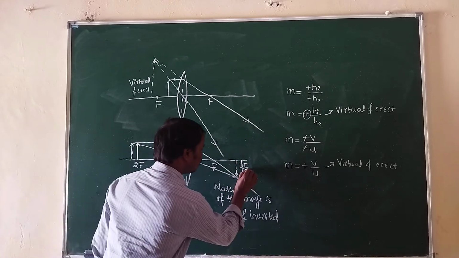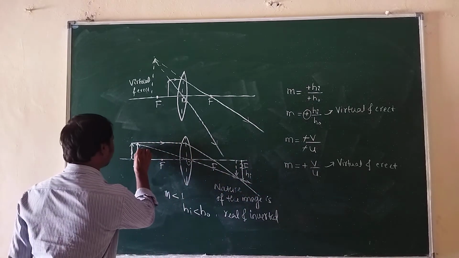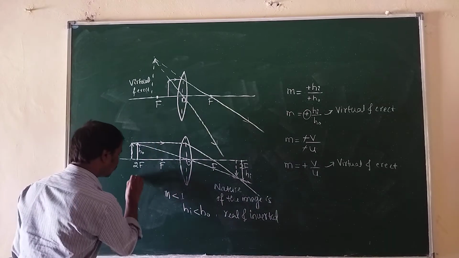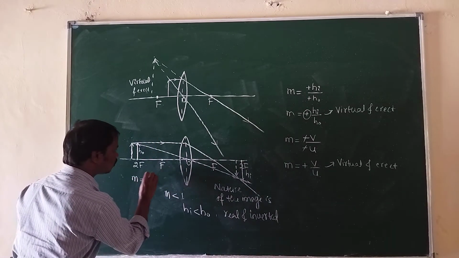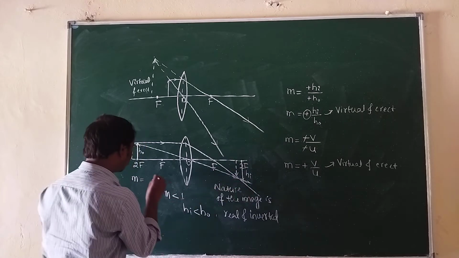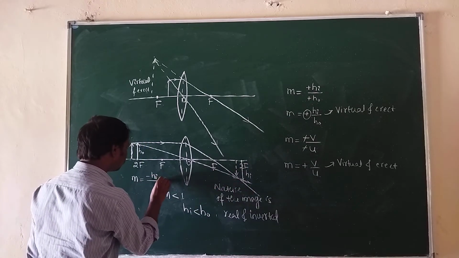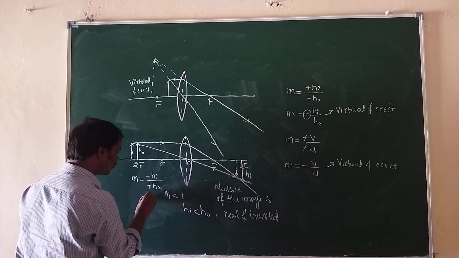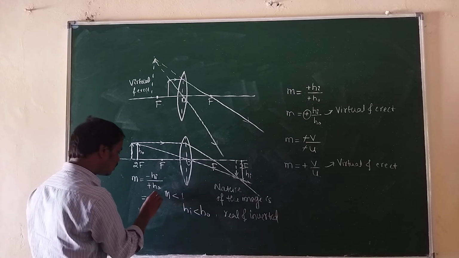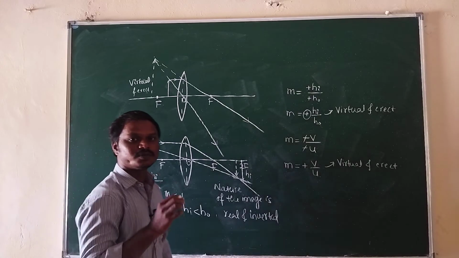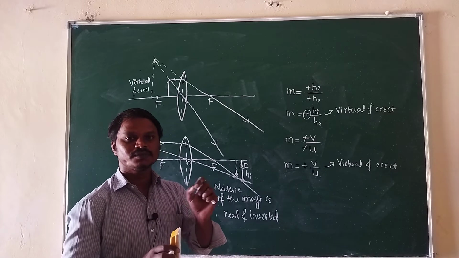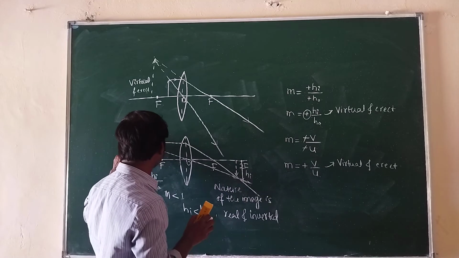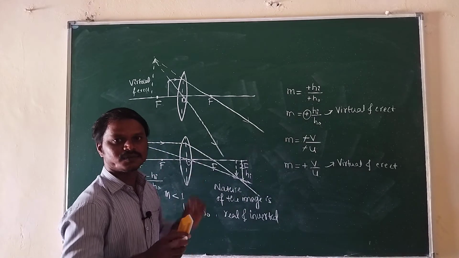Now here it is height of the image and it is height of the object. Height of the image and height of the object both are equal, na? Now we can write m is equal to, so height of the image taken downward, that is why it is -hi, and height of the object taken upward, that is why it is +ho. Minus by plus, that is minus, and hi and ho both are equal, hence answer is 1. For what position of the object the magnification produced by convex lens is -1? Only when the object is at the 2f, means twice of the focal length.